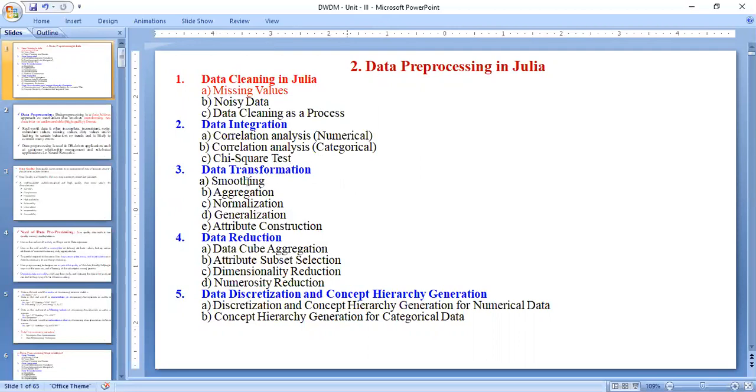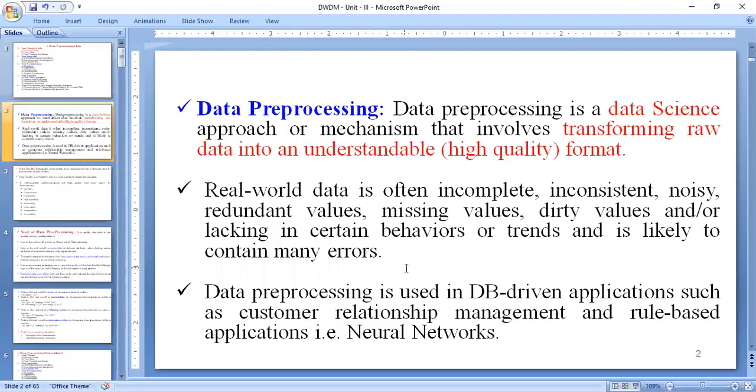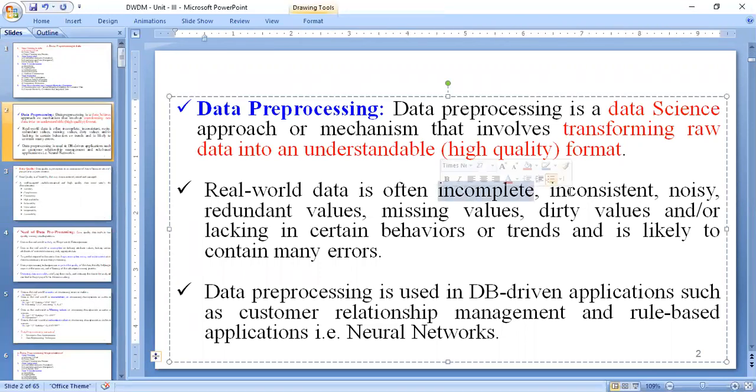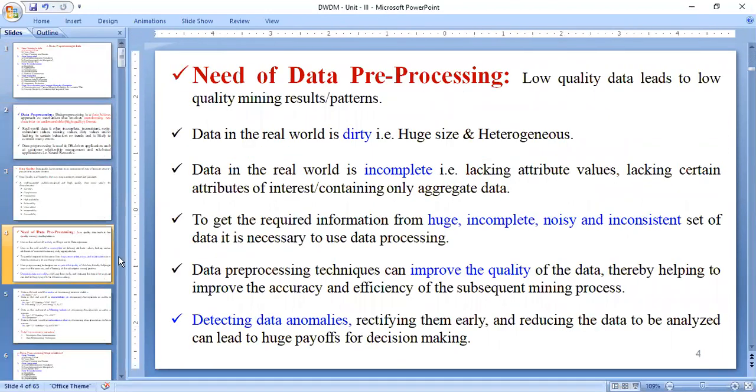Data pre-processing means converting the raw data into an understandable format. Why are you performing data pre-processing? What is the need? Real world data consists of incomplete data, inconsistent data, noisy data, redundant data, missing values, and dirty data. In order to eliminate such data, you have to perform data pre-processing.